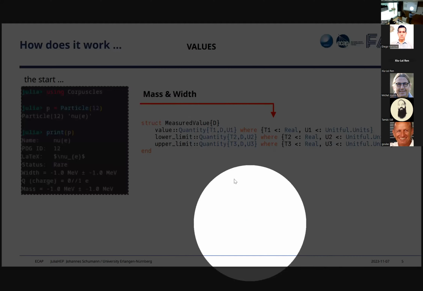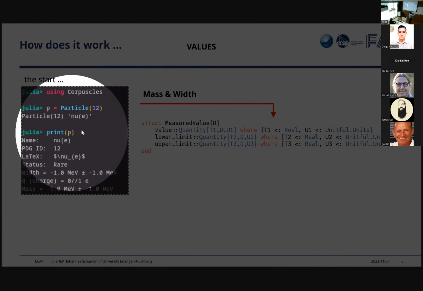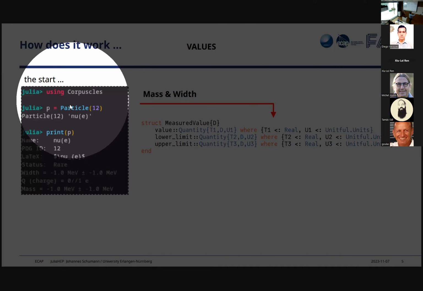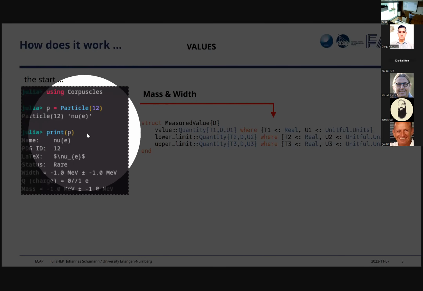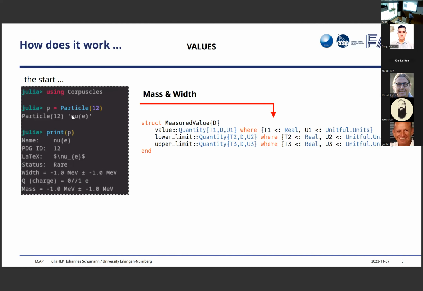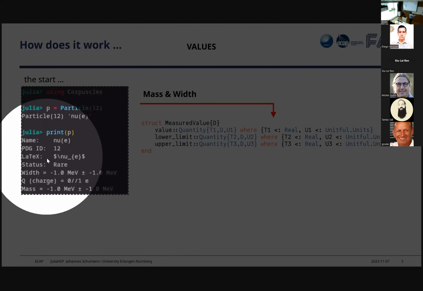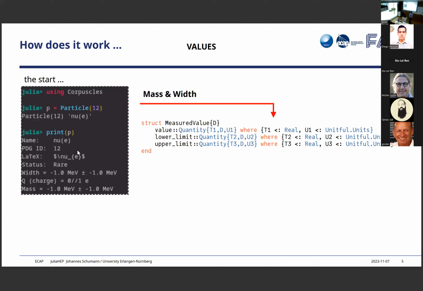So you take Corpuscles, and then you can just create a particle by its ID, for example. So it's an electron neutrino here. Then you can print the basic properties, and I want to highlight a little bit how it's stored. It's a little bit difficult for me to keep up with, for example, Jerry and Tamas with the fancy things they did, so it's not on that level, but